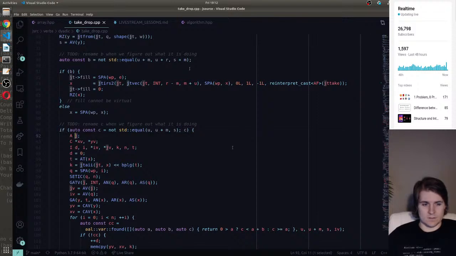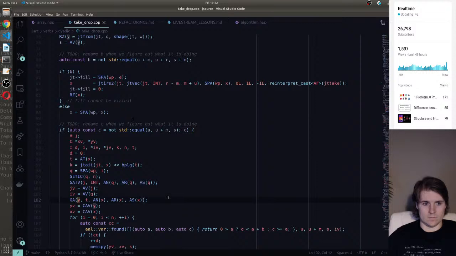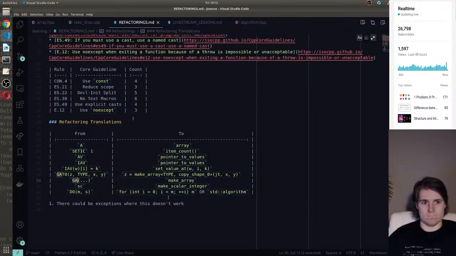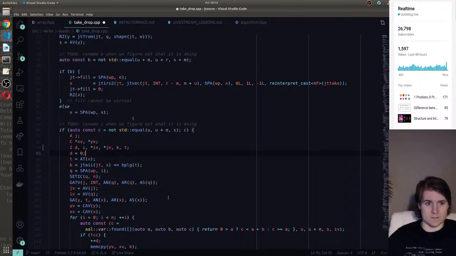So where's J? Do we have... We have GAT0 and GA right now. We don't have GATV. So we'll leave that for a later day. We do have set C, I believe, which is just item count. Q and N. So I believe we can just go IN equals set